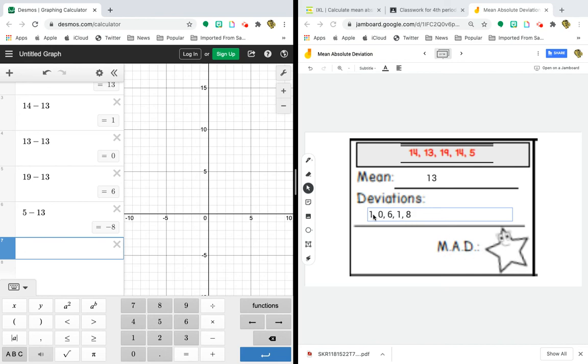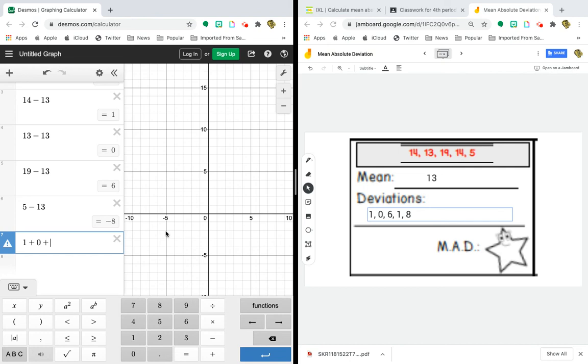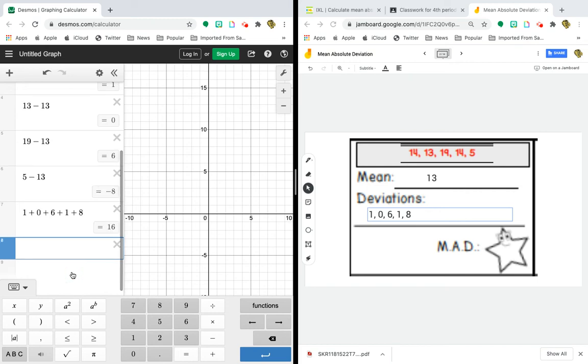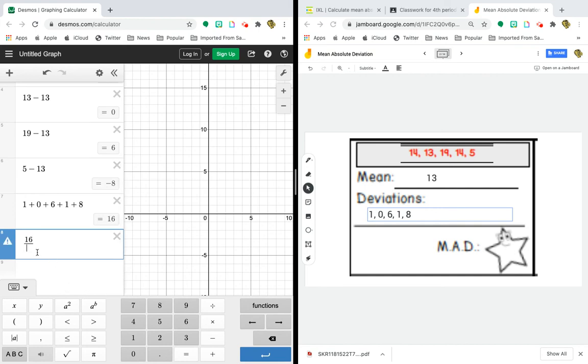Okay, and now our last step in getting the mean absolute deviation is you take these numbers and you add them up. 1 plus 0 plus 6 plus 1 plus 8, and I just added them together. Gives me 16, and you'll take that 16 and divide it by 5, because there are 5 numbers, 1, 2, 3, 4, 5,